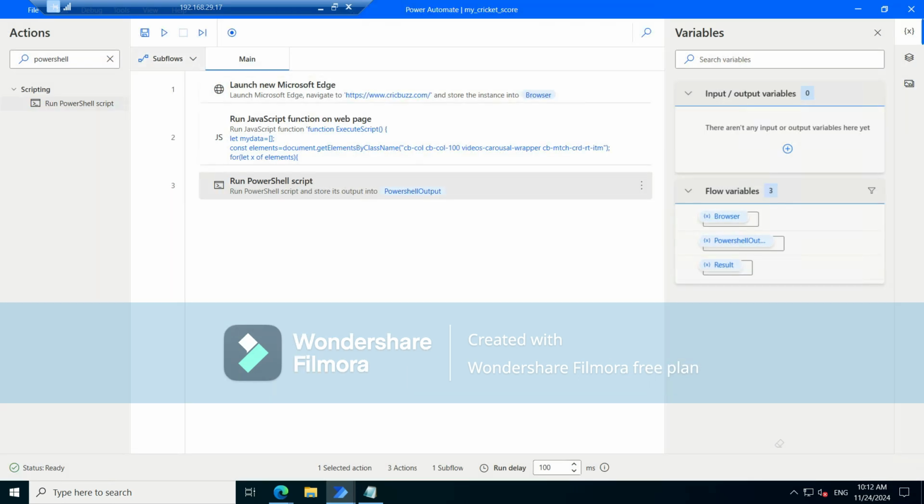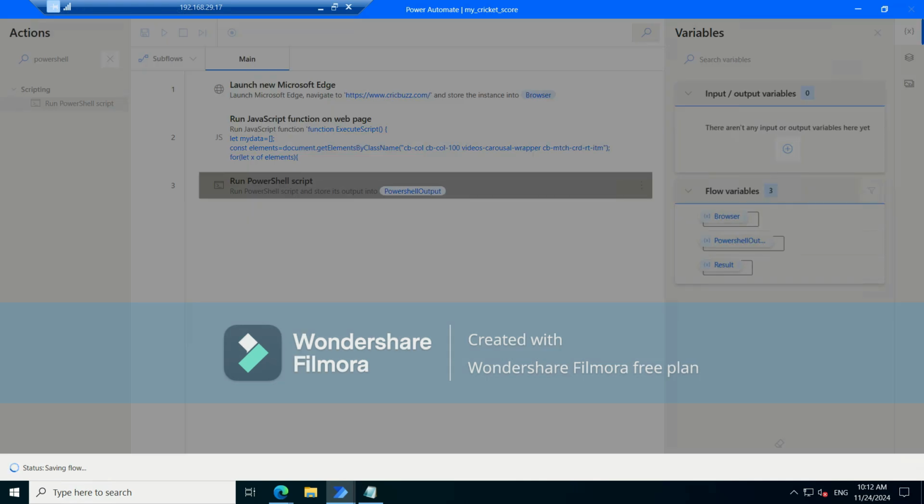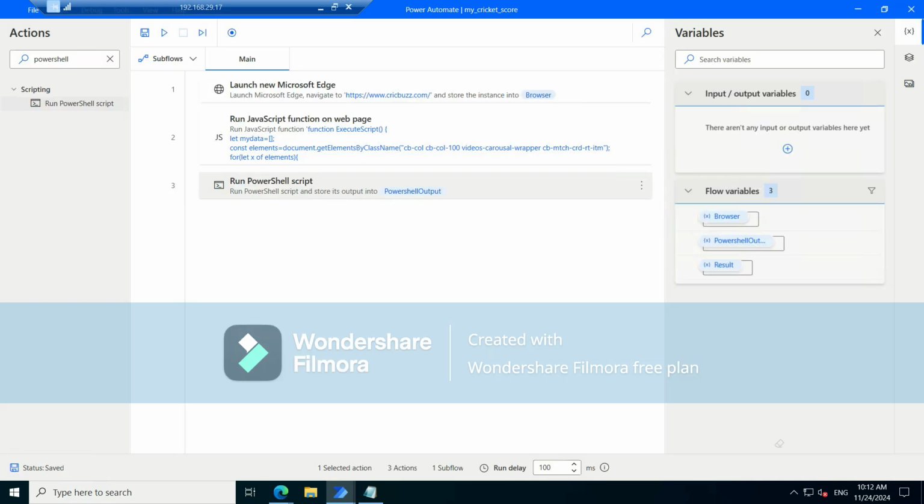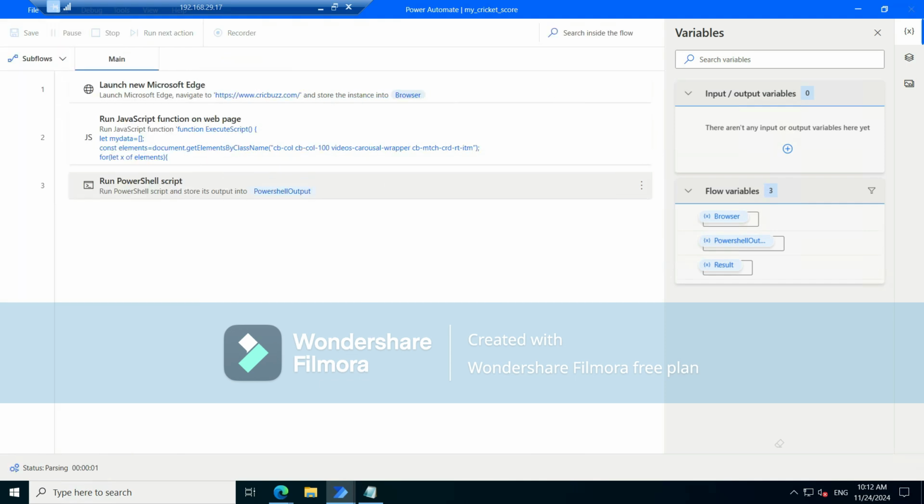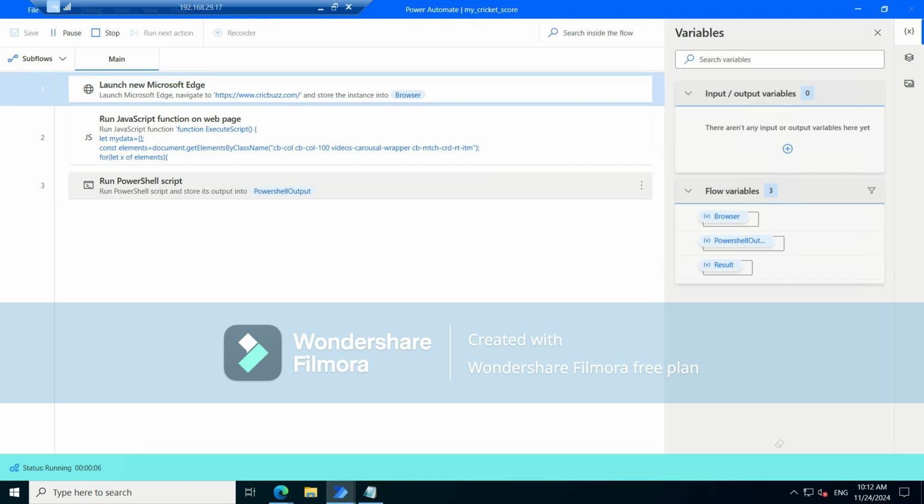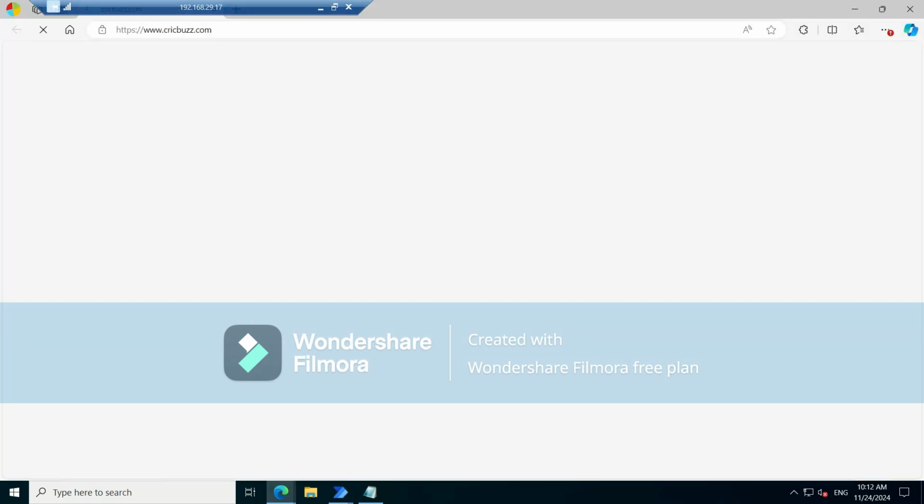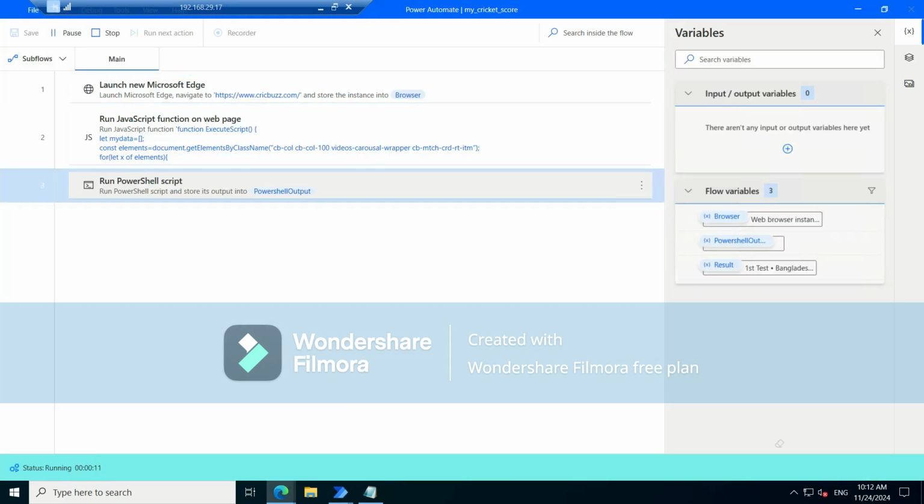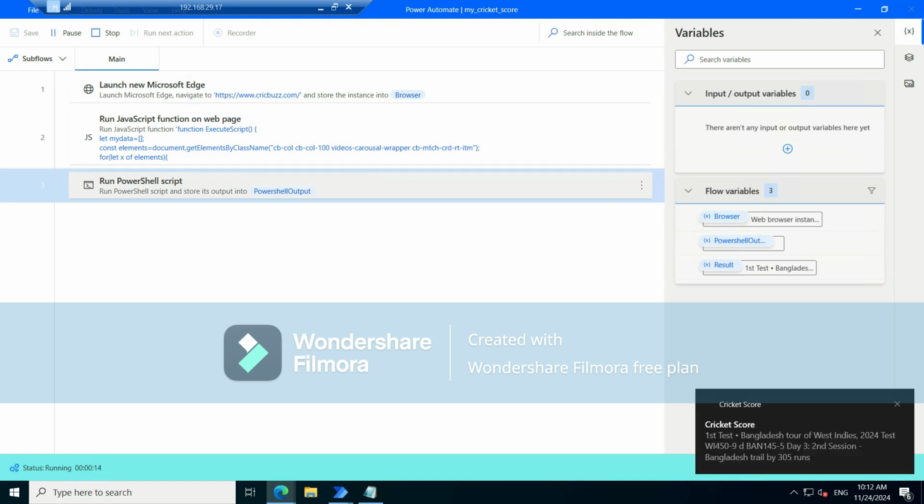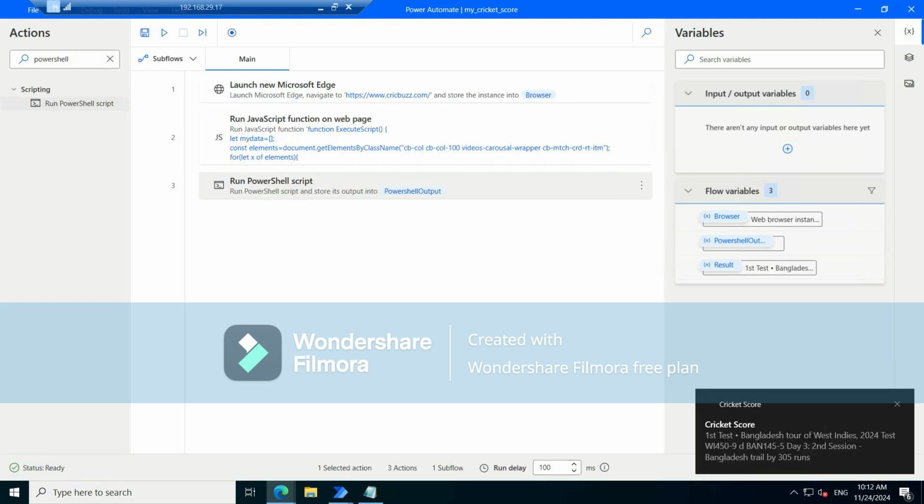So now we will be running this. Let me hit the play button and the flow has started. It will first launch Edge browser, then it will execute JavaScript, and finally our PowerShell script to show the toast notification near your notification or taskbar area, right? So flow has started. It has opened Edge browser. It has done the JavaScript part. Now notification has come. Wonderful,